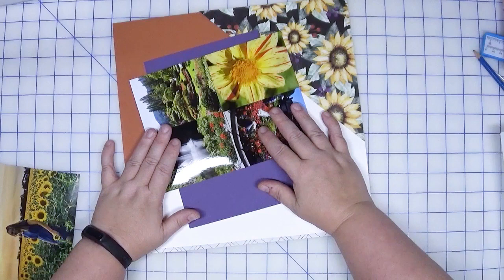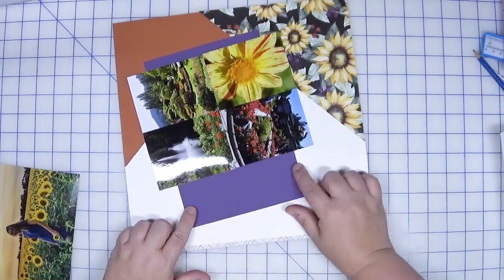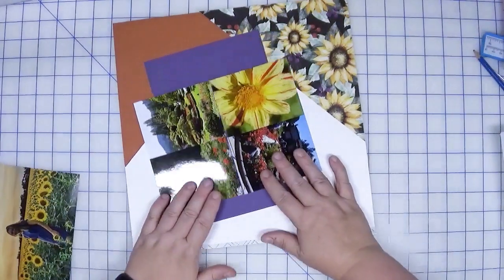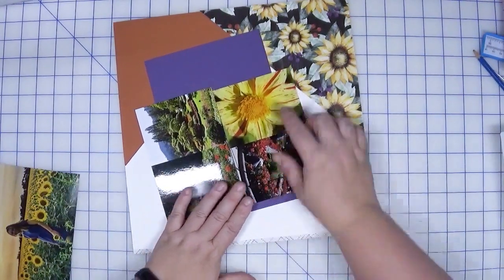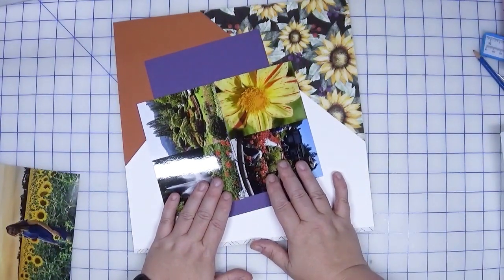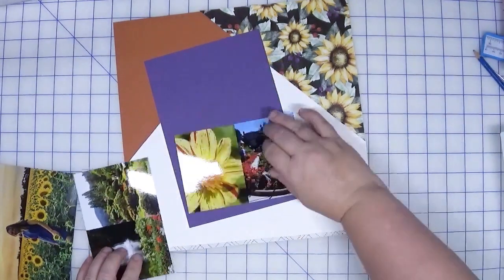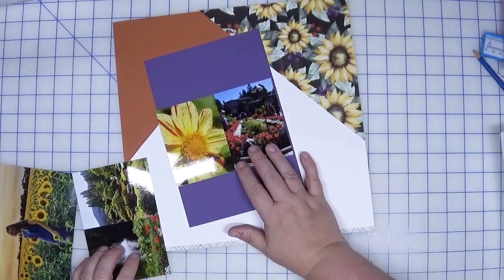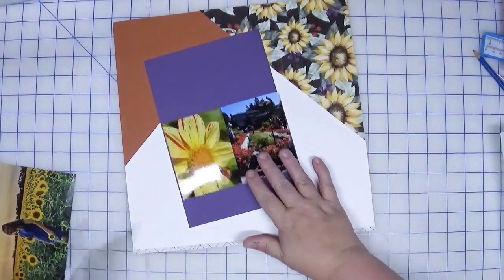2 4x6 verticals, and again, you would just align them, lots of space for matting, etc. Or you can always bring them down. Although I would probably watch this little corner here. I don't think I would want that to show, so it would be something along those lines. Or of course you could just do 1 photo, however you want to do it. Add some embellishments. Lots of options. I'm going to stick with the 2